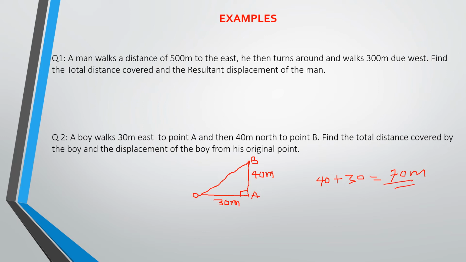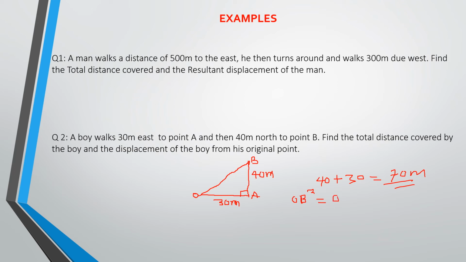What of the displacement? The displacement is the shortest distance between O and B, and this is OB. This is the displacement of the boy. So to find this distance, you use the Pythagoras Theorem. If you apply the Pythagoras Theorem, you have OB squared is equal to